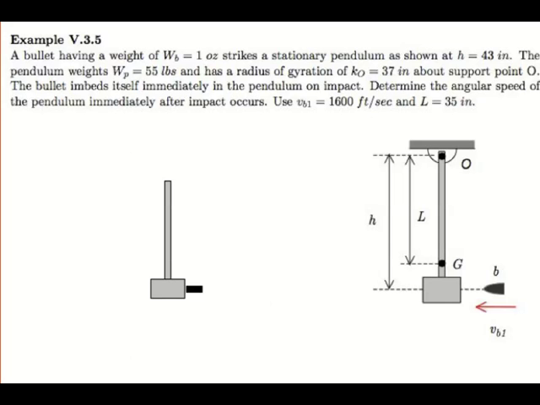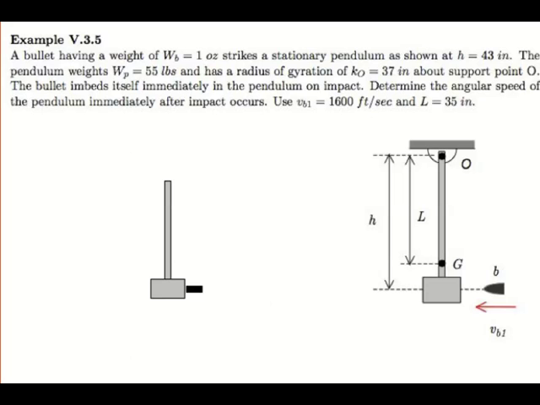In this example, we have a pendulum which is pivoting about the top point O. We know the weight of the pendulum, we know the radius of gyration about O. And I should say that the pendulum here includes both the thin bar and the block. Then we have a bullet which is coming in with a known speed, 1600 feet per second, from the right to